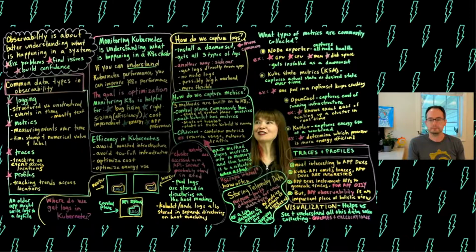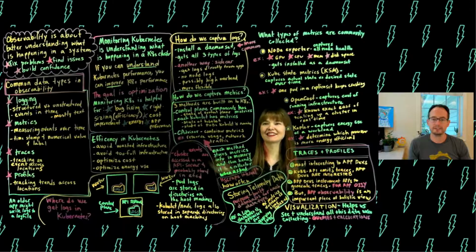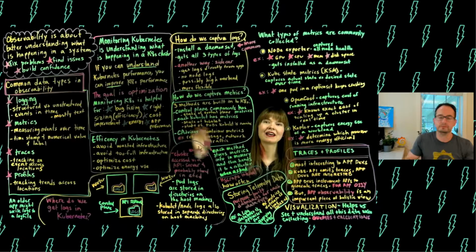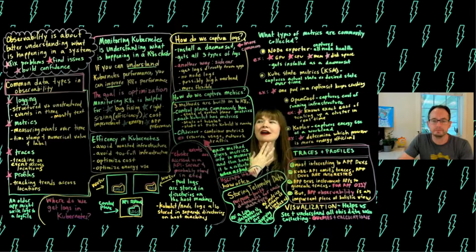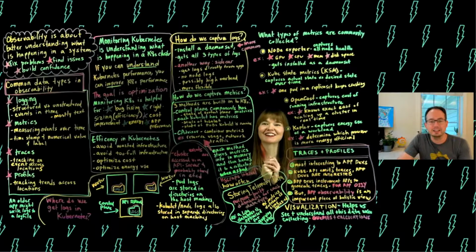As an outsider who is just recently learning about Kubernetes, I knew about the signals, or three of them anyway. But what I'm really appreciating as I'm digging into this is that all three of these signals have to be considered completely separately. They're all generated separately. They all use different technologies to collect them, different technologies to store them. So I'm surprised. I just pictured it more as one big thing instead of three separate things that are woven together.